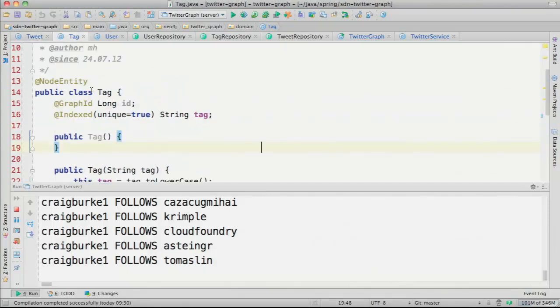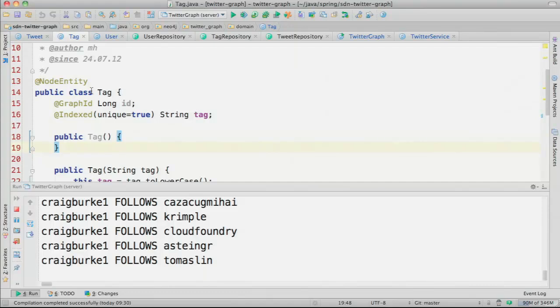Any questions so far? Yes, please. When you add that index annotation, what does it name the index? The name in the index is derived. Sorry, the question was, what is the name in the index that's been chosen for the field? So the default is that the index itself will resolve to the short class name, and the key that's inserted into the index by default is the field name, and it's customizable to use something else. If you were to specify the name, and you specify the same name for multiple entities?